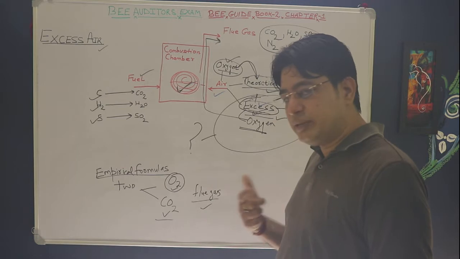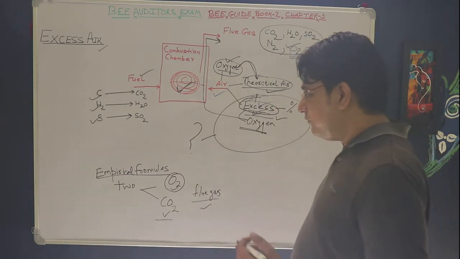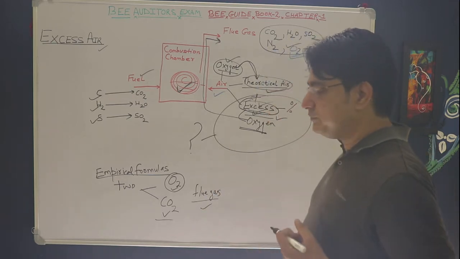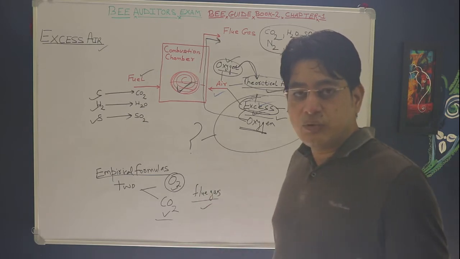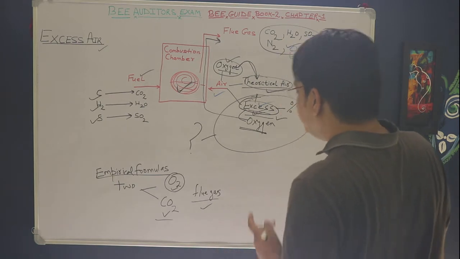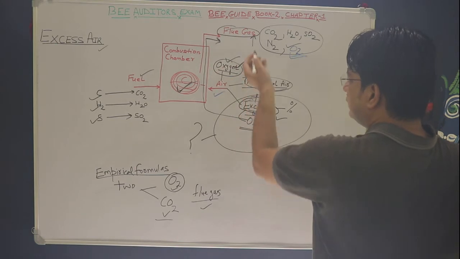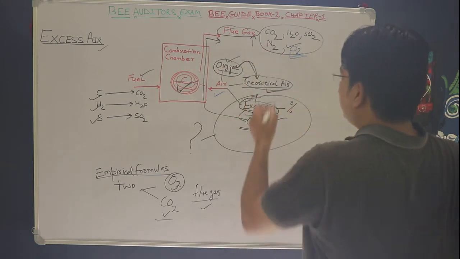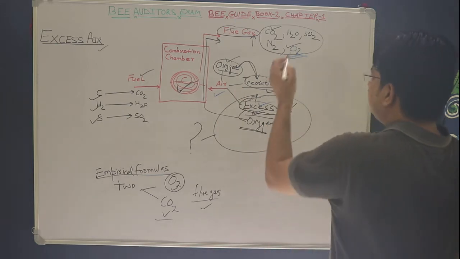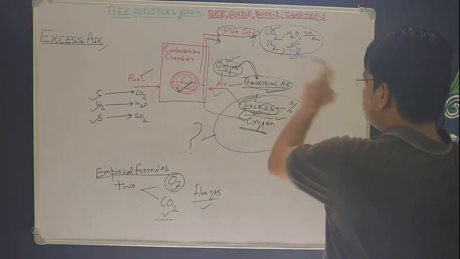For this some instruments are required. For measurement of oxygen and CO2 various instruments are available, which we will take care of subsequently while we deal with those instruments and the others which are required for your energy auditing. So what will you do? You will take your instrument to the flue gas side, and the reading of the instrument will either give CO2 if it is an instrument which measures CO2, or the value of O2 if it is an instrument which measures O2.